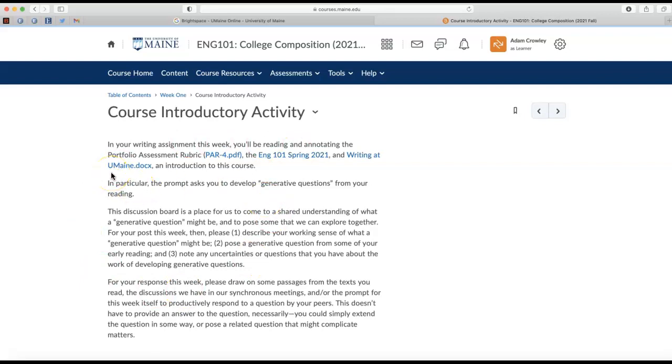So you've read them, you've annotated them. In particular, the prompt asks you to develop generative questions from your reading. And this is something that you'll see more of in a few moments. But one of the basic things we'll be trying to do this week is to come up with some questions